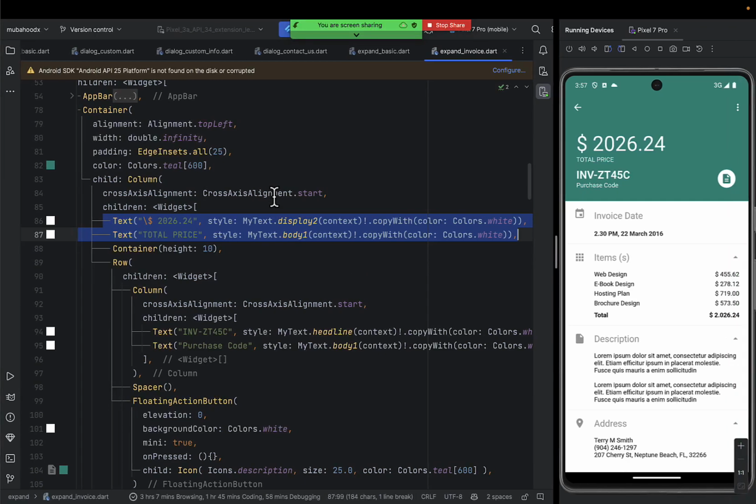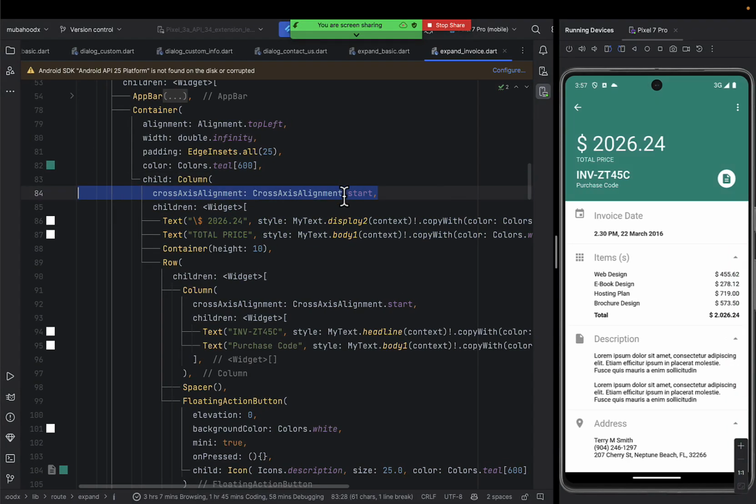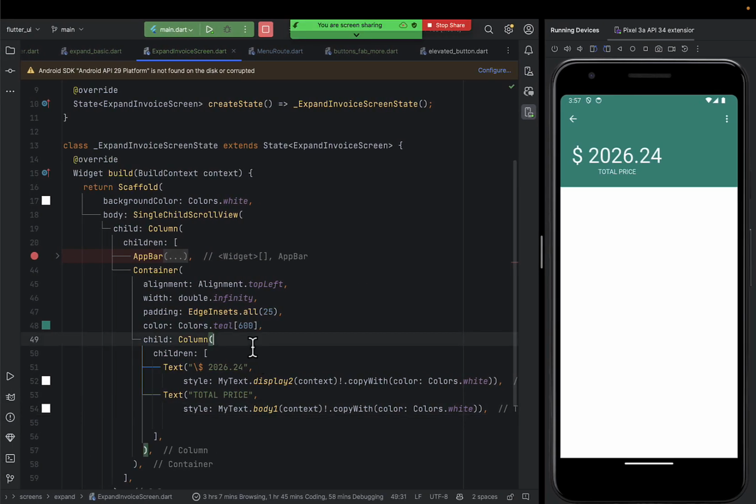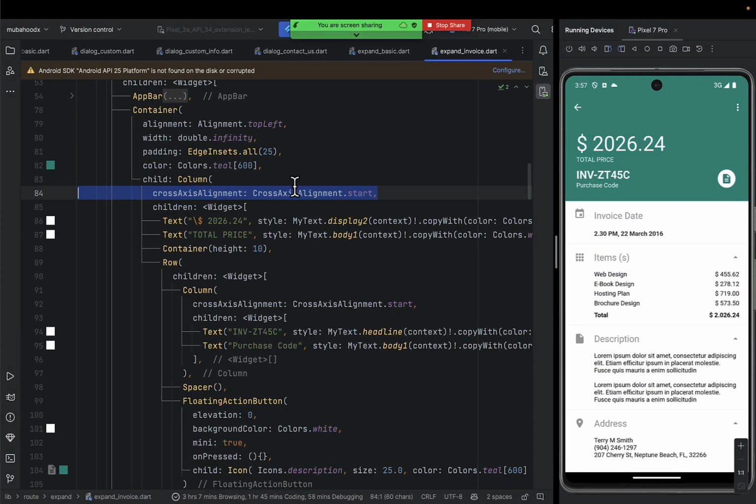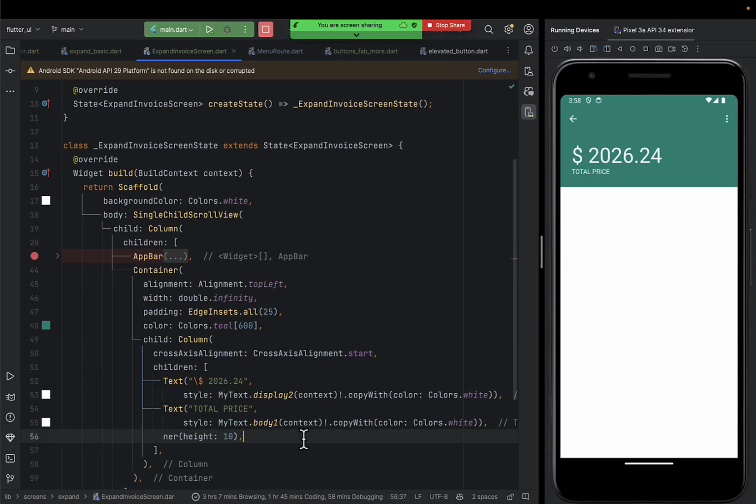So we have to make the alignment always be at start, cross axis alignment start. Okay, you see it is simple and straightforward. Then after putting the total, then you can put maybe the height. After putting the height,